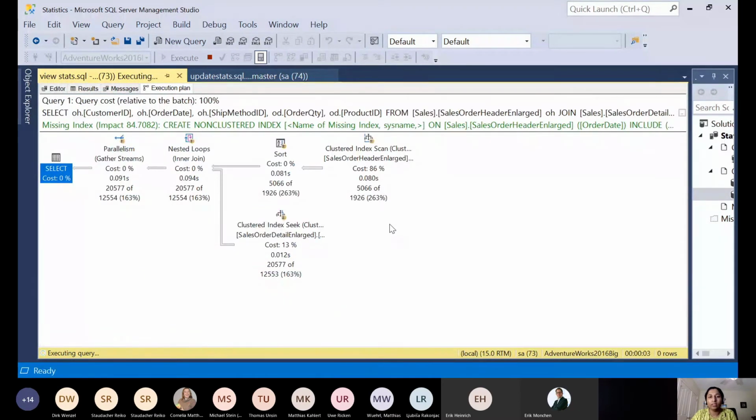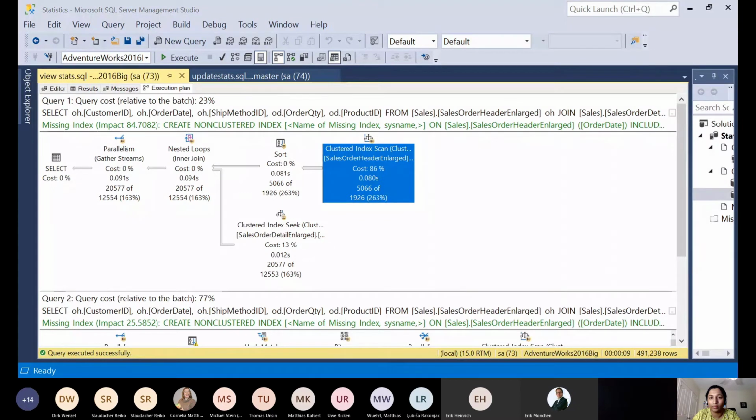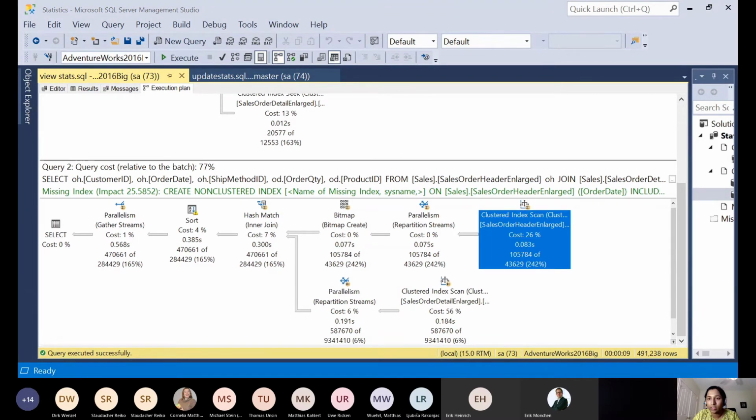Now we see the same kind of plan here, right? But if you observe the estimated number of rows here, these are pretty small. They are not correct. They are like 1900 rows, but when you go to the actual number of rows, it's 5,000 here. That is okay for the 1 month range, but when you come and see the large amount of data, the estimates are 436,000 rows, and the actual number of rows is 105,000.